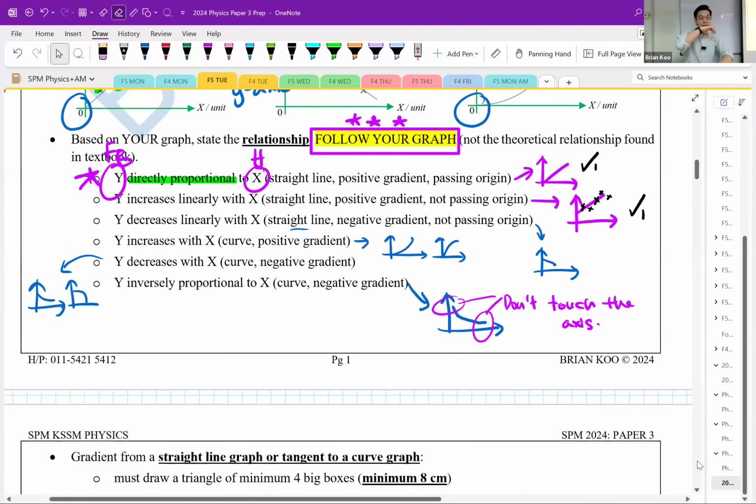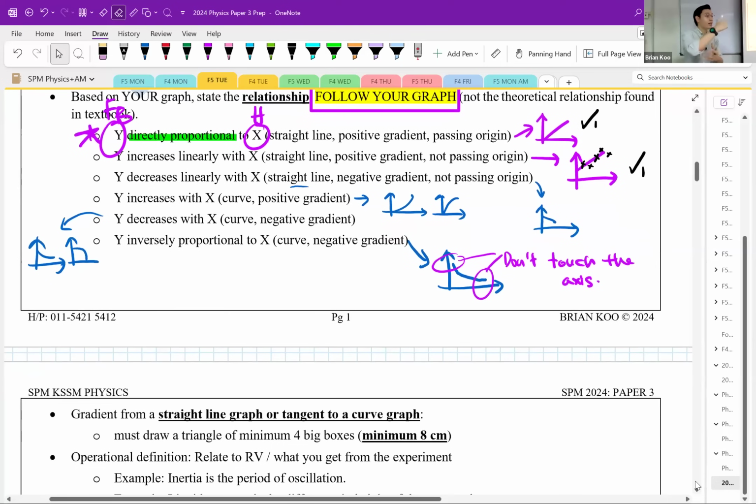Next part, I don't think they will ask you gradient this year, but let's say if they ask, this is how you do it. Why I say most likely won't have gradient is because the gradient doesn't really have a meaning to it. It doesn't represent any physical quantity, but still they can ask, right? Sometimes maybe they ask. So as long as you make sure you have units, I don't think anyone has problem finding gradient. Just make sure you don't forget you must have units.